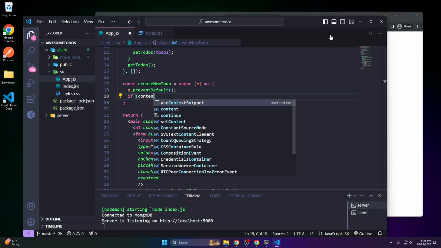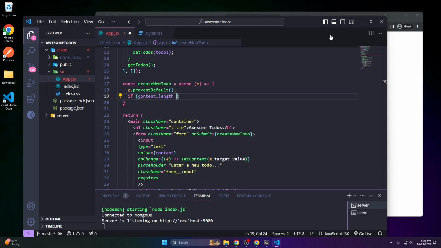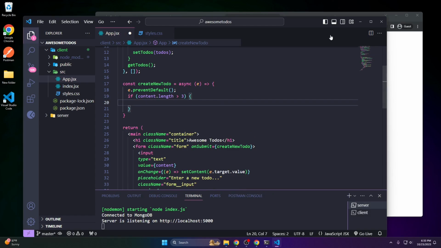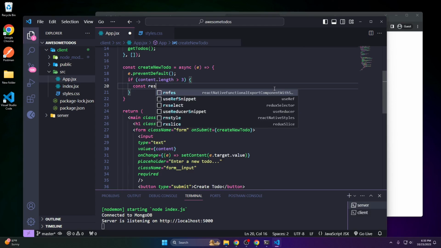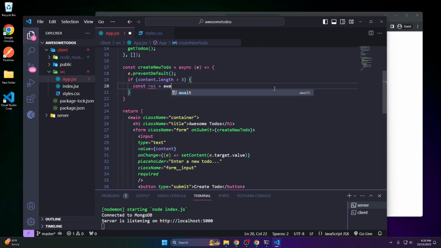And then we'll do a little check here. Make sure the content is longer than 3, just to prevent some spam. You know, we don't want to-dos that are shorter than 3 characters, although even a 3 character to-do is a bit short. It's the same thing that we did in the GET request. Const response equals fetch